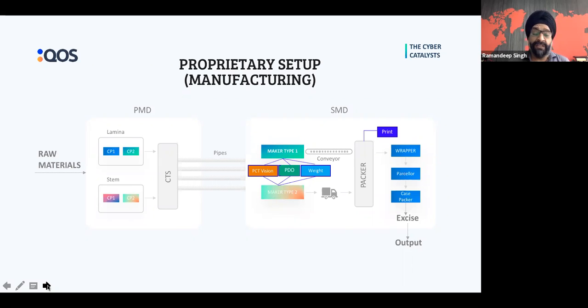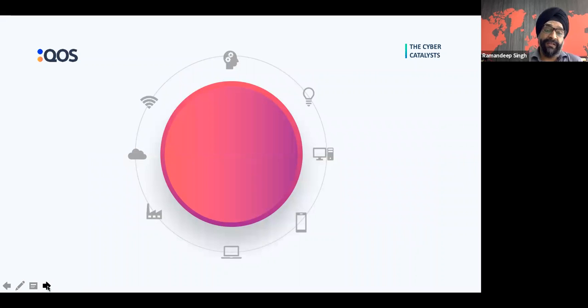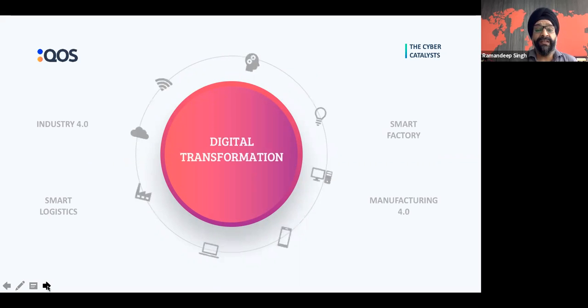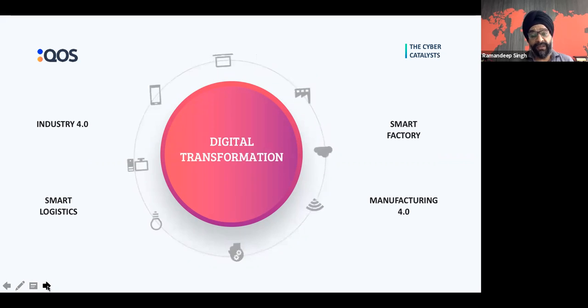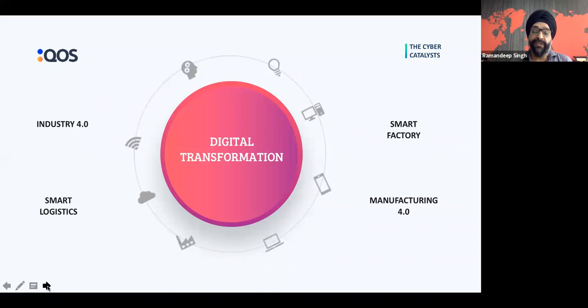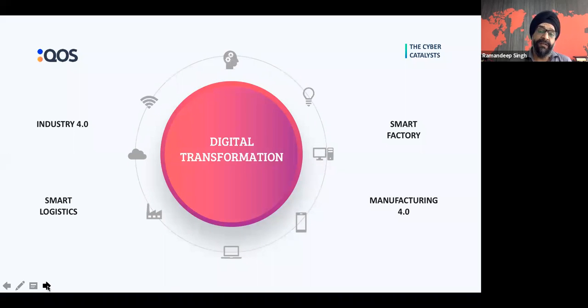GE, Siemens, or whatsoever, you name it, and they will have a very setup aligned to their own infrastructure. So getting the information out of this becomes one of the challenges, and the whole purpose of explaining this entire background was that. Now, if we see the current times, all these organizations which have been manufacturing for many years, almost decades and decades,